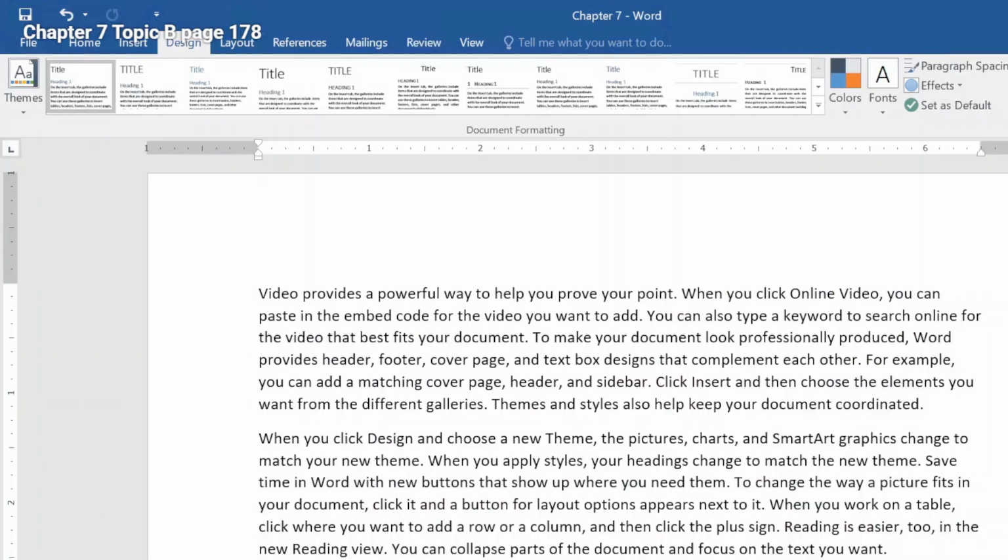This is topic B on page 160, adding headers and footers. You may need to provide page numbers, section titles, or other information in headers and footers that appear on every page. Word provides features that enable you to enter this information in one place and have it repeat automatically on